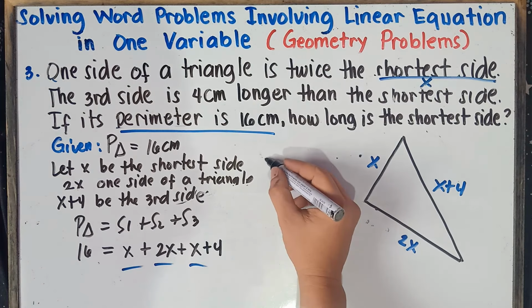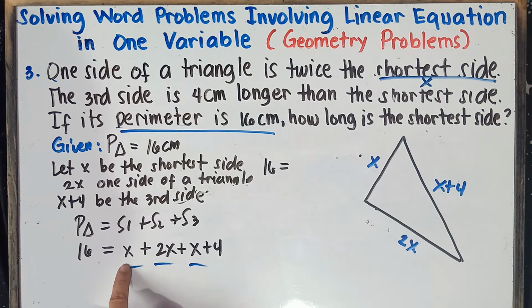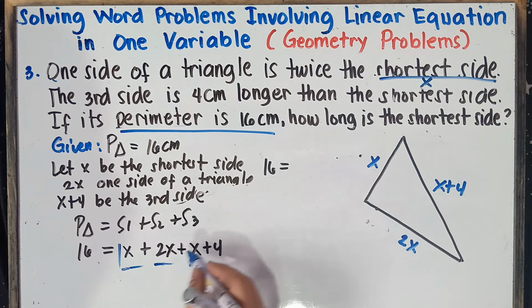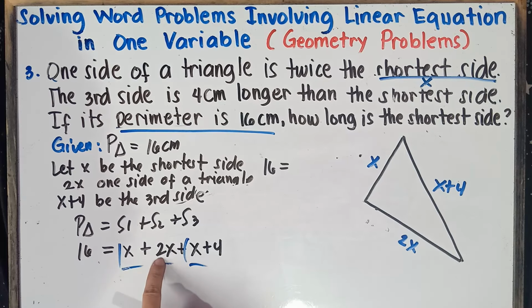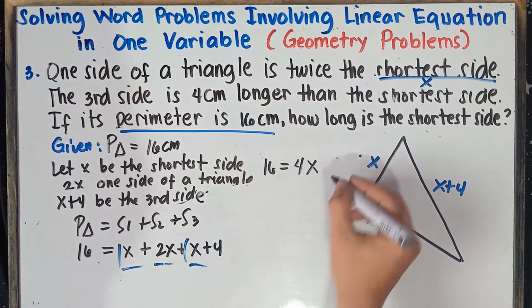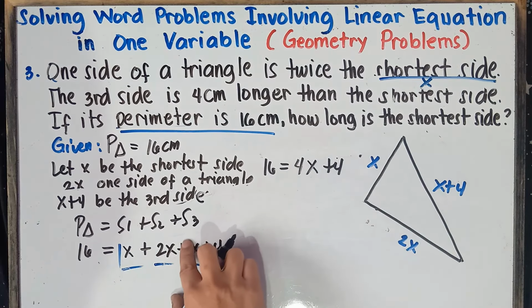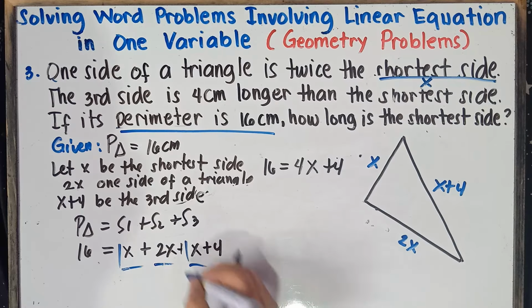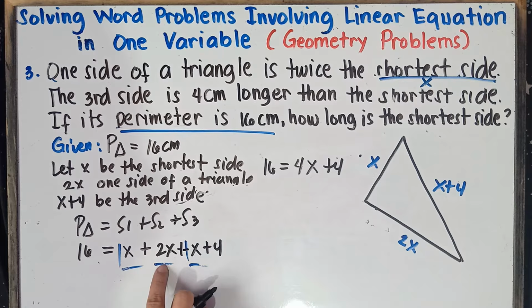And then simply combine these. So this will be 16 equals x plus 2x. Understood that there's a 1 here. So 1 plus 2 is 3, plus 1 is 4. So 4, copy x, and then simply copy plus 4. I hope you're not confused, class. 1 plus 2 is 3, plus 1, that would be 4. Simply copy x, and then copy plus 4.